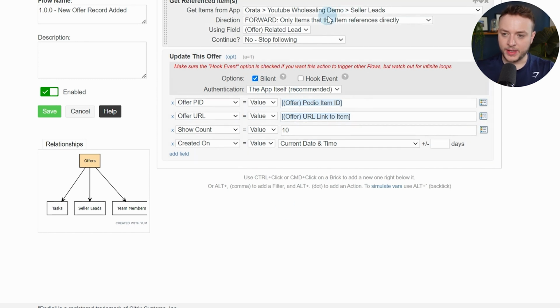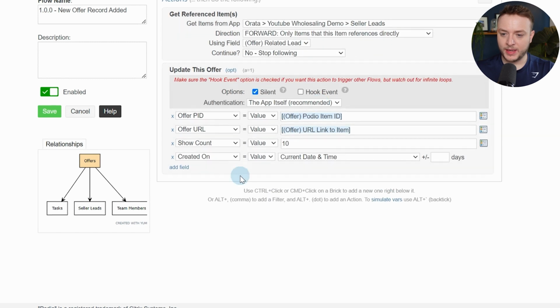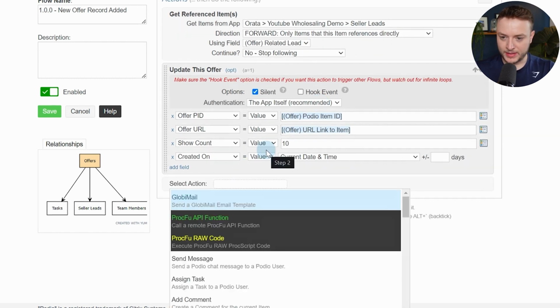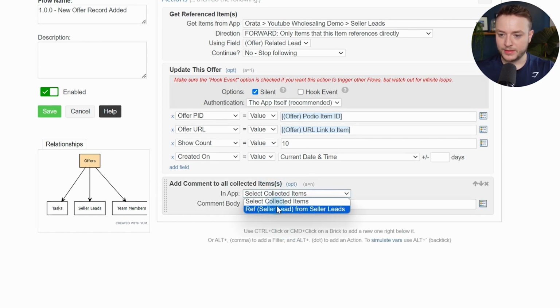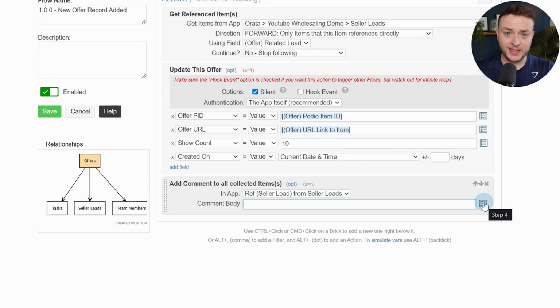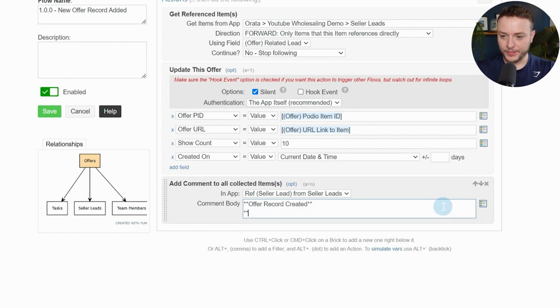And then what I want to do, we collected the seller lead up here, and what I want to do is simply comment on that seller lead. Just to make navigating around easier, we're going to put a comment on the seller lead, giving a link to this item basically. So we can do bold, offer record created, and then asterisk again, we'll do go to offer record,